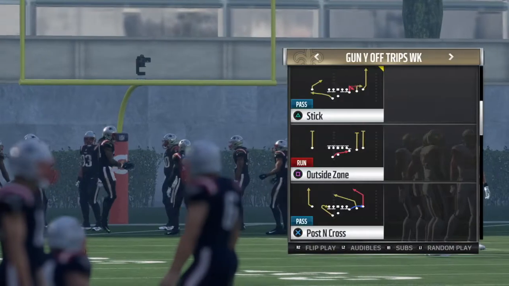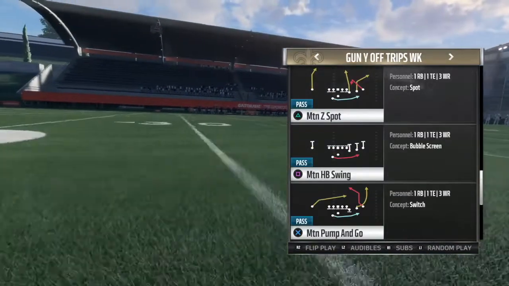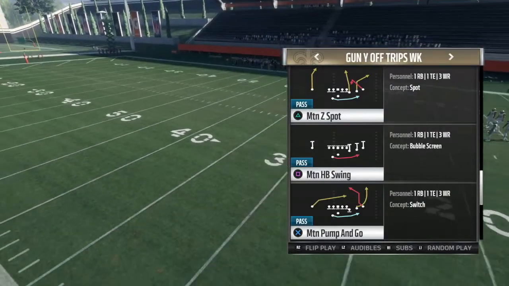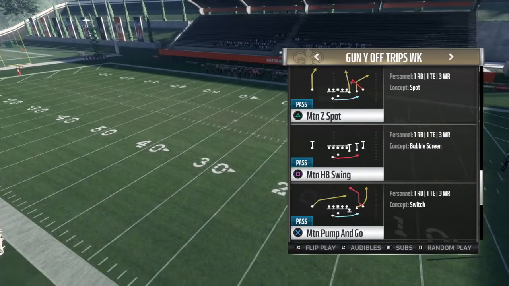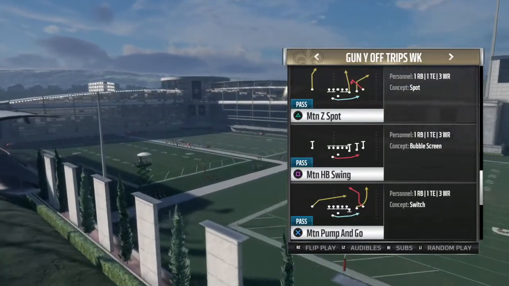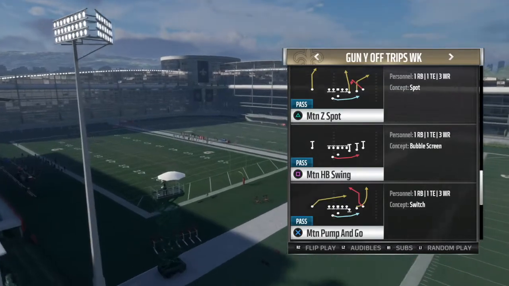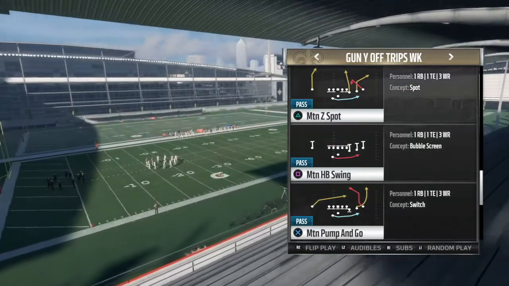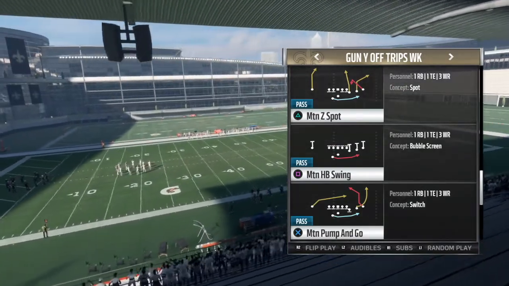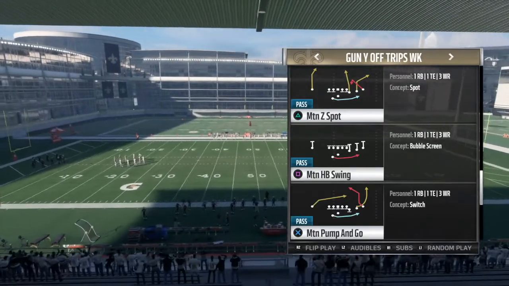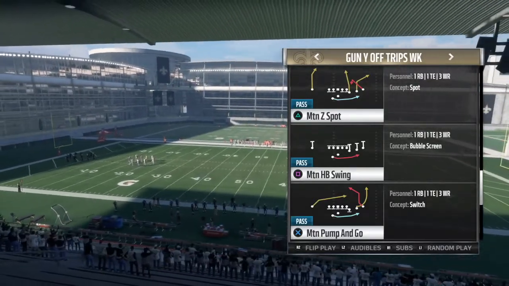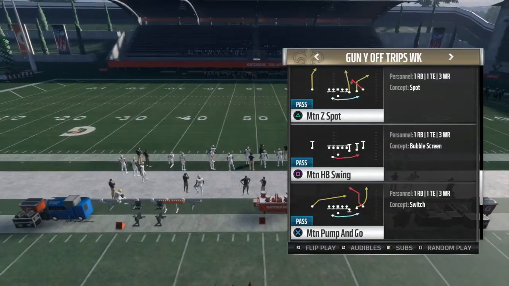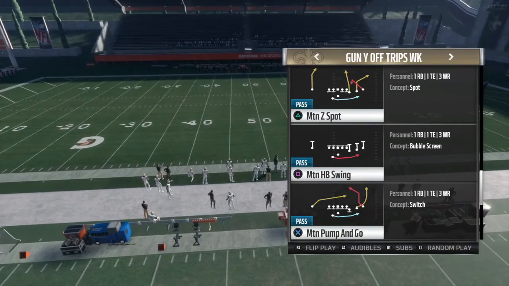So they both have the motion halfback swing, but now you've got a tight end right beside the right tackle, ready to make that block on any flats coming from the outside linebacker. And then you still have the wide receiver who's going to pick up the cornerback, and now you have this slot receiver who will probably have no one right above him, so he'll be free to pick up an over-aggressive user that's trying to shoot that himself, or if he's bringing down another safety. So now you have essentially 3 blockers instead of 2. Obviously you want to win the numbers game. But now if you see that over-aggression there,